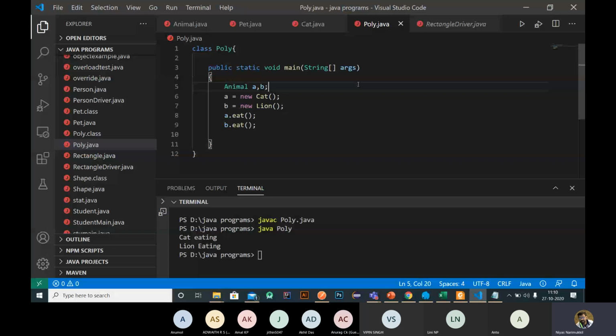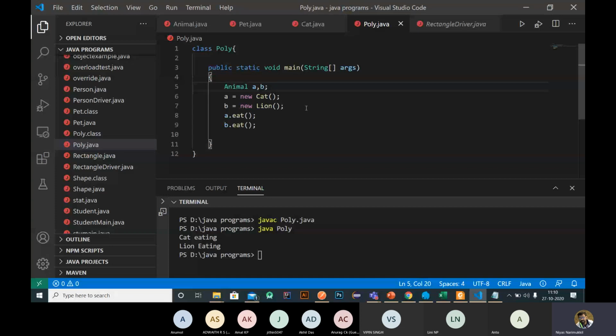Okay, so polymorphism means one form, that is, a variable of one data type can act as different objects, or a variable can take different forms. For example, here the variable A is a cat object and we print it as cat.